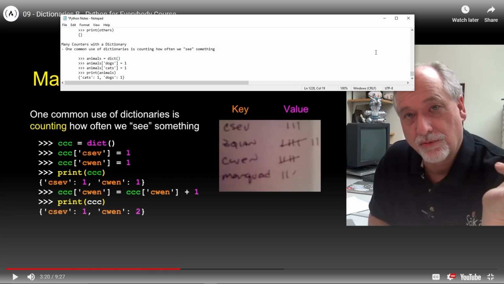Now let's do the next one. Let's get this one here, and drop it here. And let's say cats equals animals, cats, and then let's say +1. All right, and now when we print animals again,